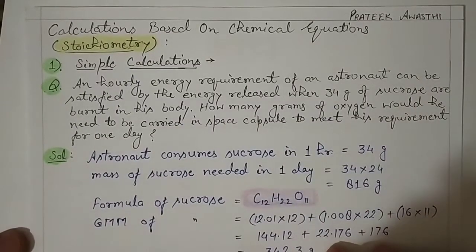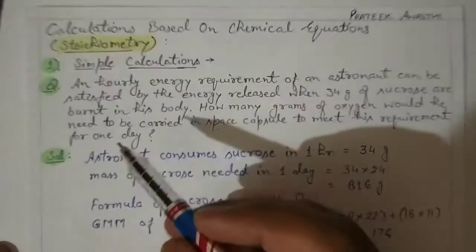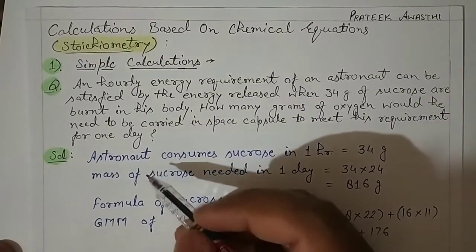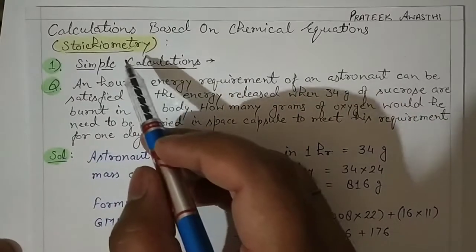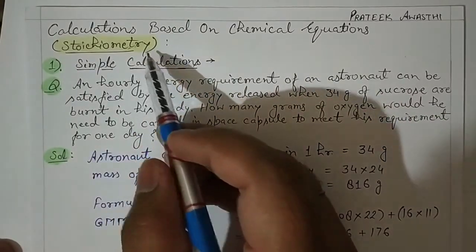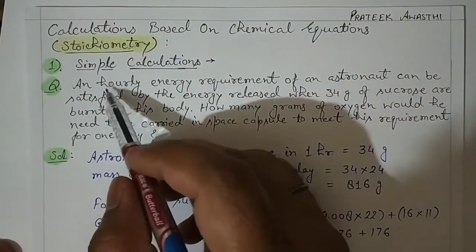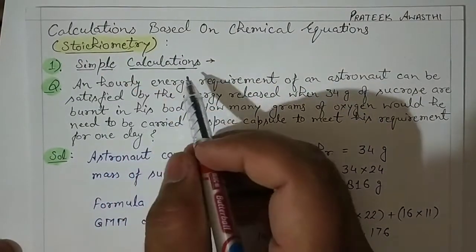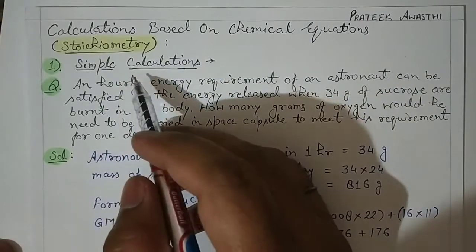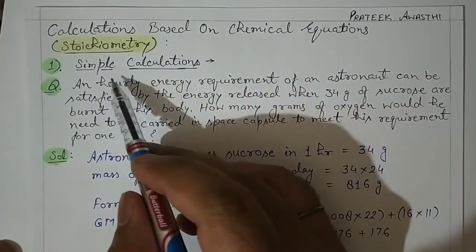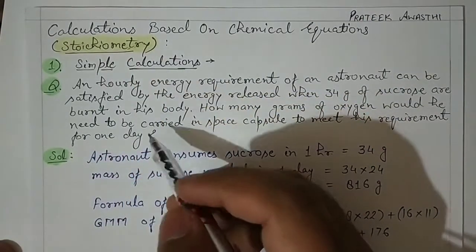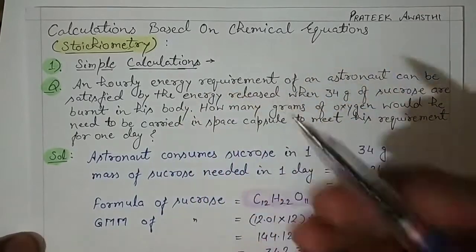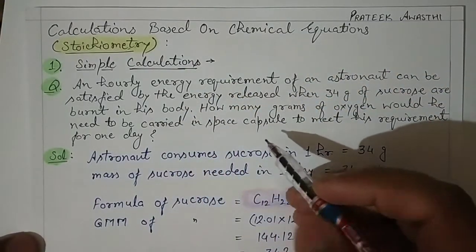After taking up the theory of stoichiometry and its important points, we are going to study some numericals based on stoichiometry. There are a few types of numericals which we will take part by part. The first is simple calculations, where the normal methods of mole concepts will be involved.